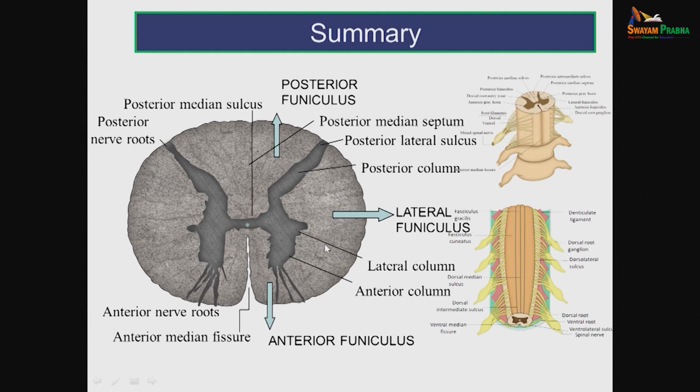So tract is nothing but collection of nerve fibers within the central nervous system which have same origin, course and termination, and they are named after the various grey masses it connects. So this summarizes the external and internal features of the